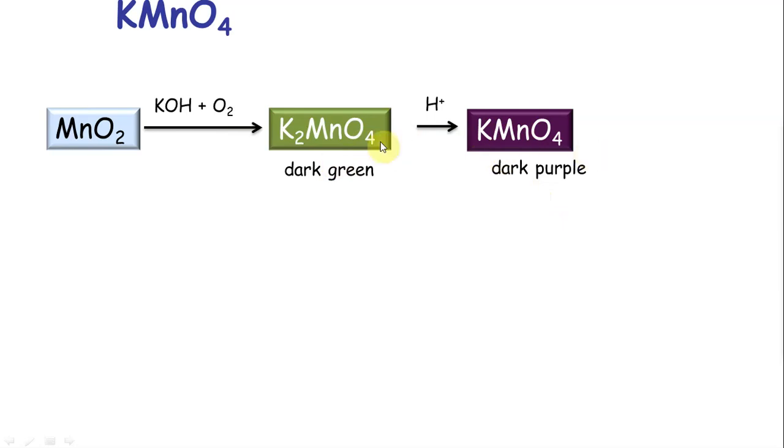Both of these will interconvert depending on pH. H plus will convert it to KMnO4, OH minus will convert to manganate. They have the same shape, more or less. The bond angles are different, of course, because they are not the same species. If you see, all the oxygens are different. So these 3 are the same, this is different. Here these 2 are the same, these 2 are different. So single bonds will be different.